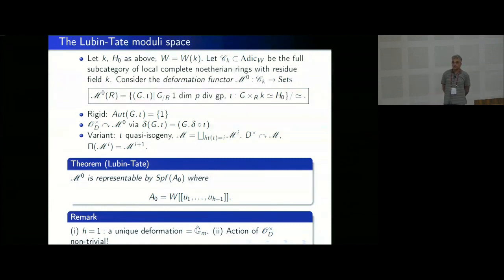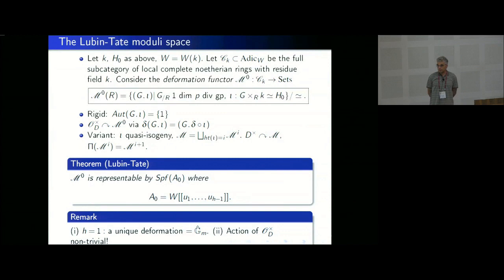And I'd like to sketch in the remaining time the original proof of this, or the main ideas that go into the proof of this. Both the paper of Lubin and Tate and a very good paper by Gross and Hopkins are highly recommended for this topic. They're both very readable, enjoyable, and short. I mean, Gross and Hopkins is not that short, but at least the representability is not long.